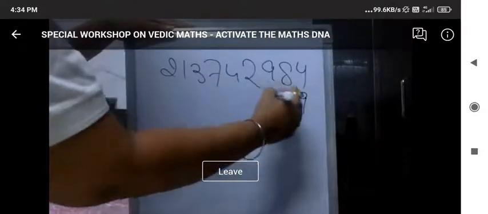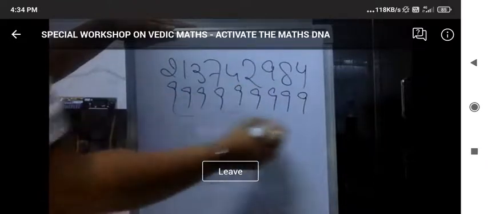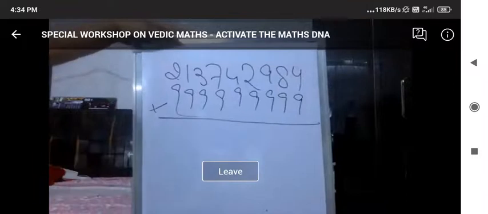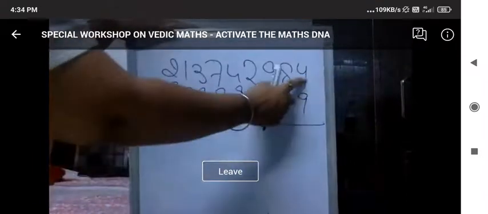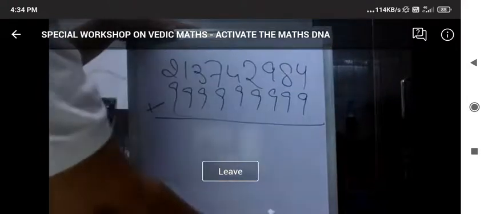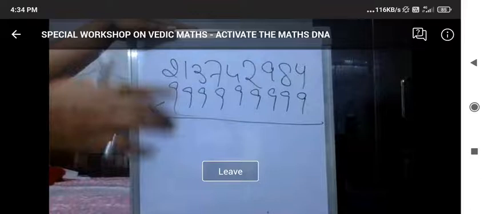I'm supposed to multiply that number by multiples of 9. This is like a big number. Of course, it's a big number. Some children are clever. They'll say, I'll multiply this once by 9, copy paste it, and then add it and I'll get the answer. How much time would you take to solve this?